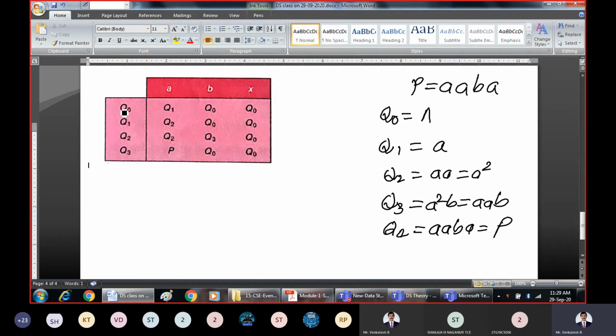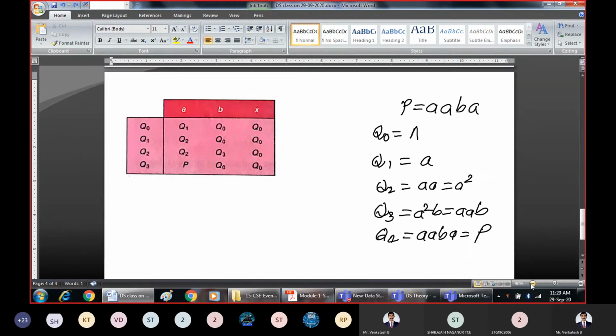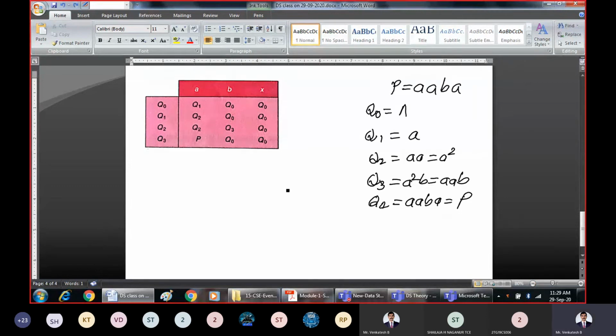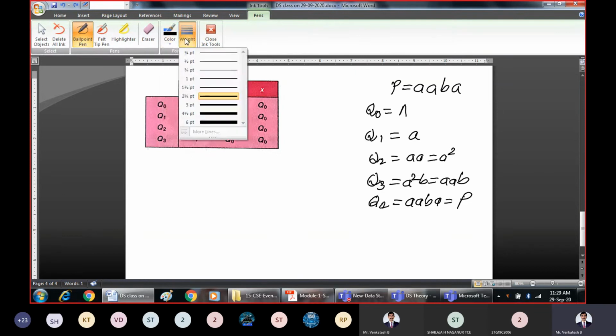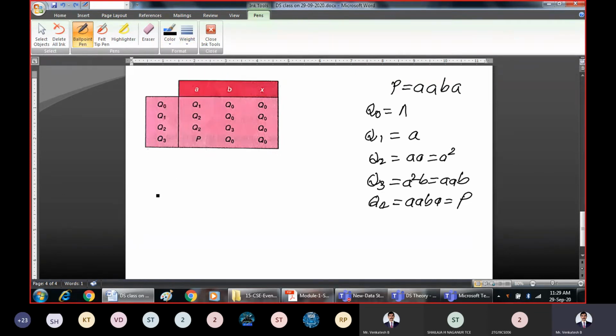These rows are indicating these different states. So first write those different states. What are the different states? I hope you can see the screen. Are you connected with me till now? Are you following the concepts? Please respond someone. Yes, sir. Yes, good. So first, the required states you write horizontally: Q0, Q1, Q2 and Q3.